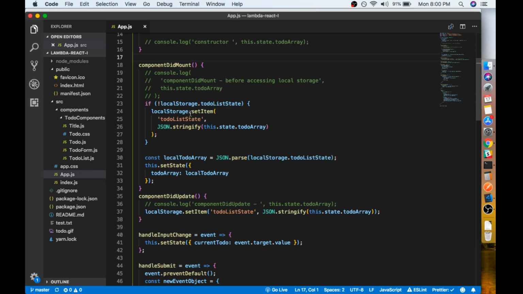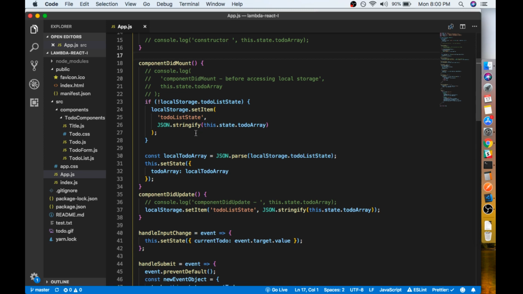So that's what I'm doing here. If it's not there, set it to whatever it happens to be at the time, which in this first case, the first time around, will be that laundry state. So now there's something there at least. So when it parses it, it doesn't have undefined here. So then I can move on and set the state. Now it's all fine. It has no problem parsing it, and every time anything updates,